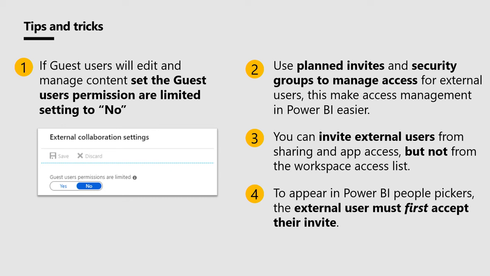You can invite external users through all of our collaboration experiences, which are sharing and app access, so I can share a dashboard or share a report. We did not enable that for workspaces. So the person has to already be a guest user in your AAD in order to be added to the guest workspaces. And the last thing is, before you can use the user in access lists, you do need to make sure they accept the invite first. Okay, so they're going to get an invite. If they haven't accepted, they're going to be in the invited state in AAD. You want them to be in the guest state before that happens.